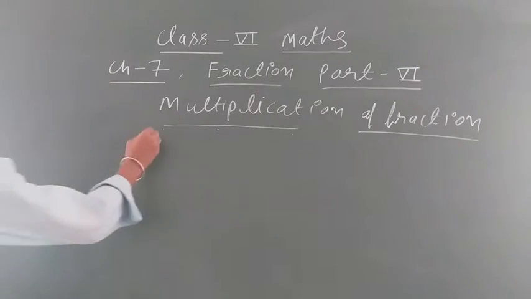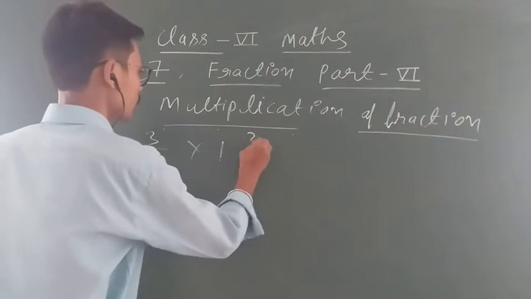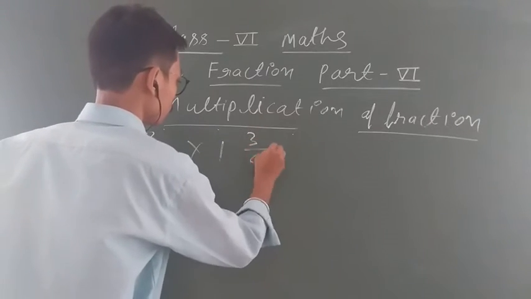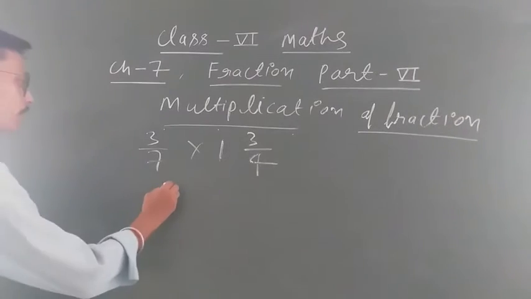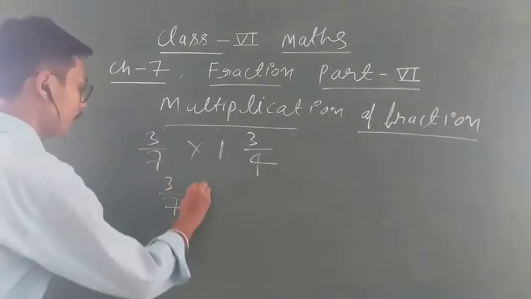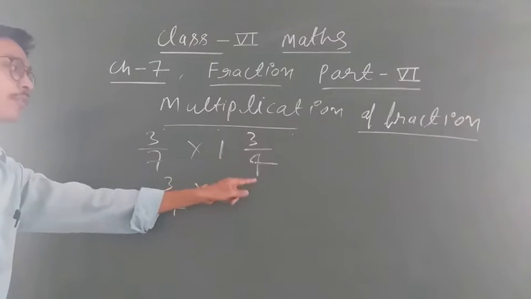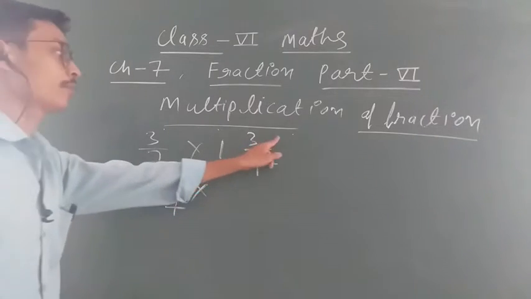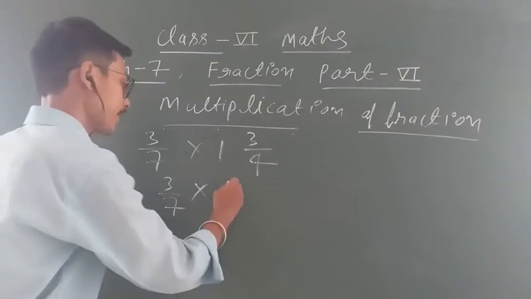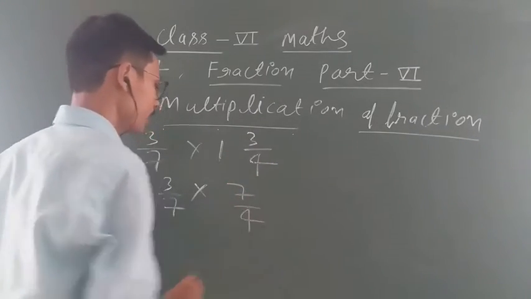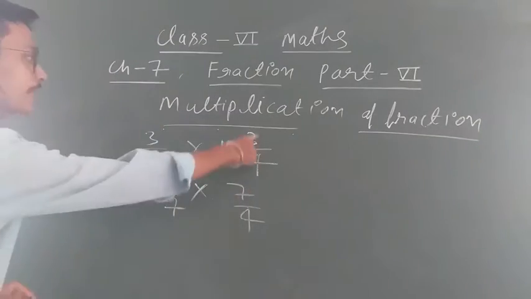Like 3 upon 7 into 1 whole 3 upon 4. Do you know this now student? So first you will write down 3 upon 7 like that. And now you can solve this. You know that now? Denominator multiply by this number, 4 into 1 is 4, and add in the numerator, 4 plus 3 is 7, upon 4. What does it become student? 7 upon 4. I explained this very well. Now this is the example of mixed fraction.